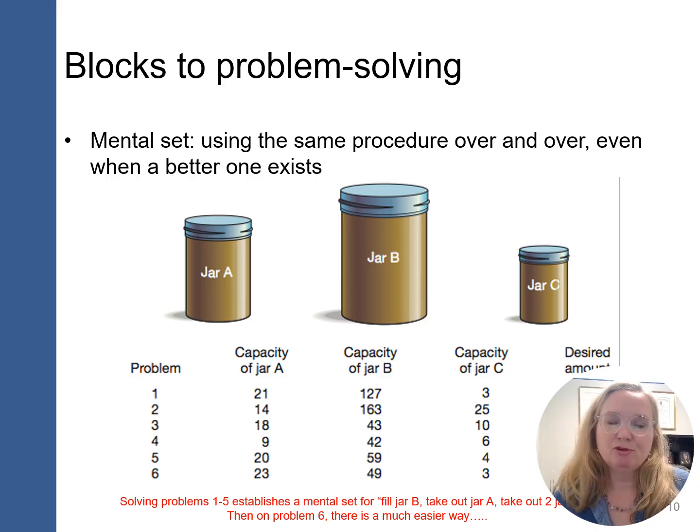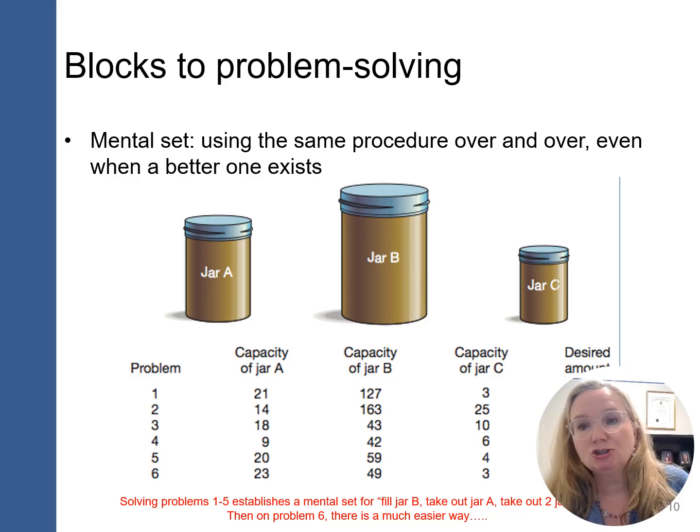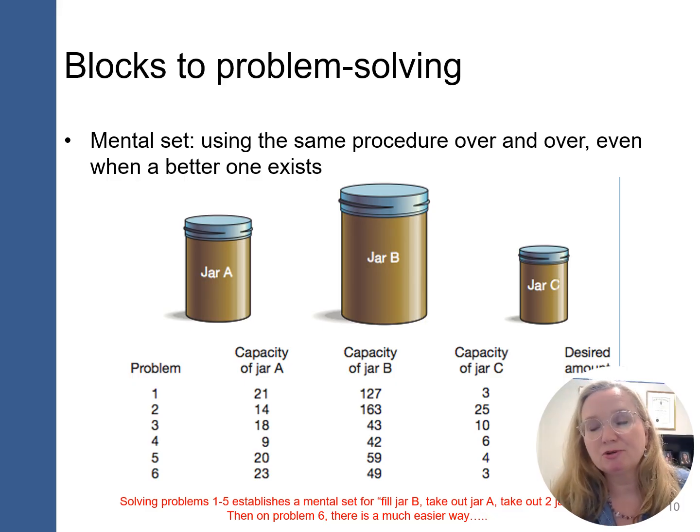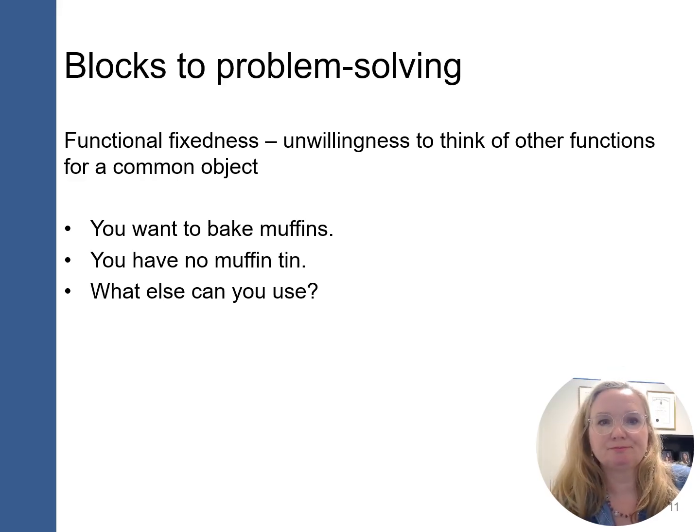So in this example, subjects were doing a set of problems. They used a certain mental set to solve the problems. And then when they're presented with a new scenario, they just can't overcome the mental set to solve the problem. So in these sorts of cases, you definitely want to think about, is there something blocking your problem solving?